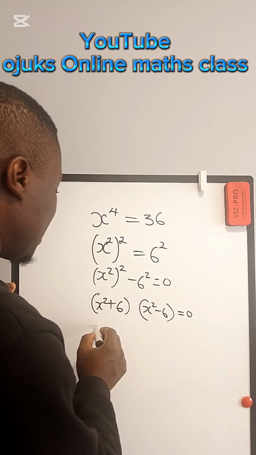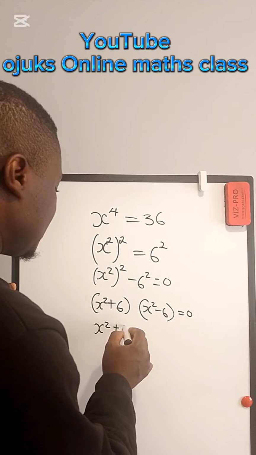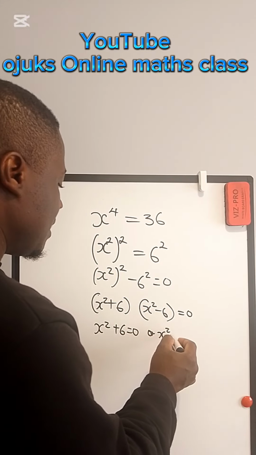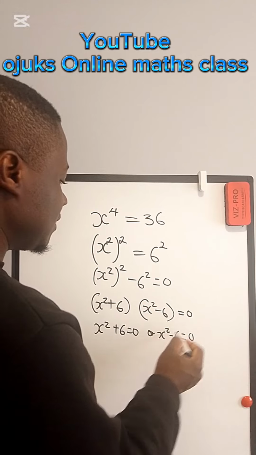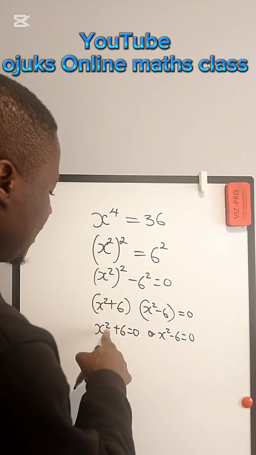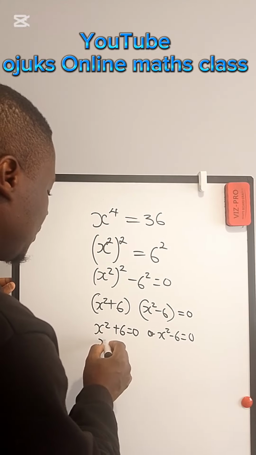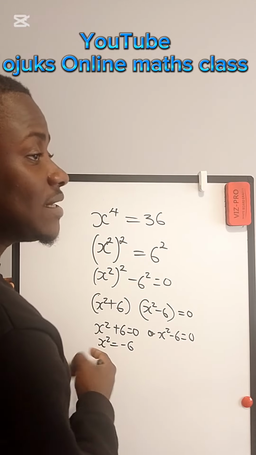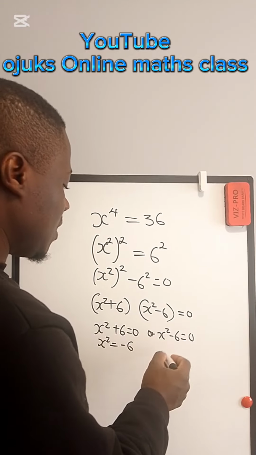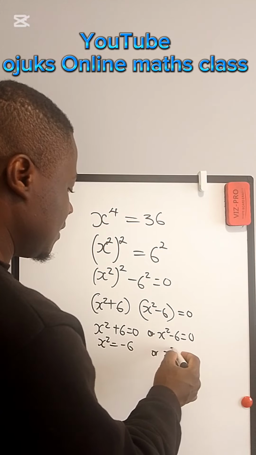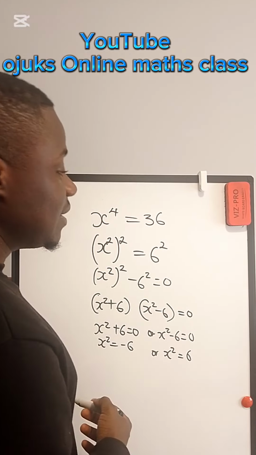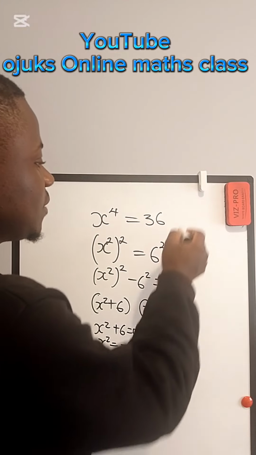When we do that, we have x squared plus 6 equals 0, or x squared minus 6 equals 0. If we solve further here, we have x squared equals negative 6, that is making x squared the subject. And here as well, we have x squared equals 6. If minus 6 crosses the equality sign, it becomes positive 6. So in return,